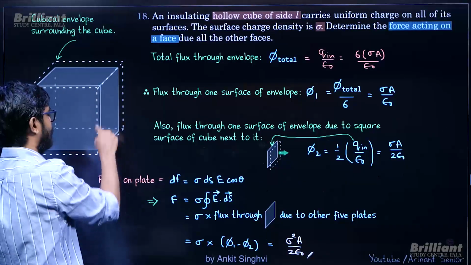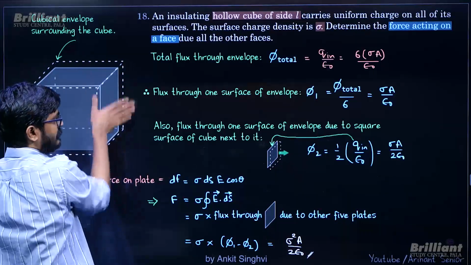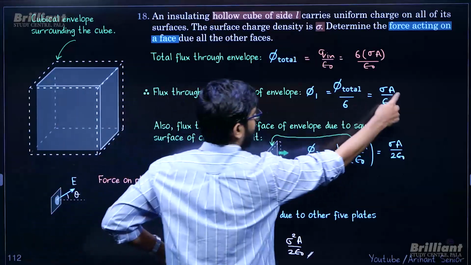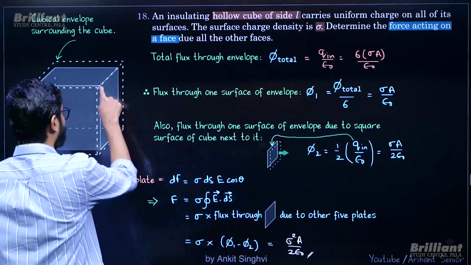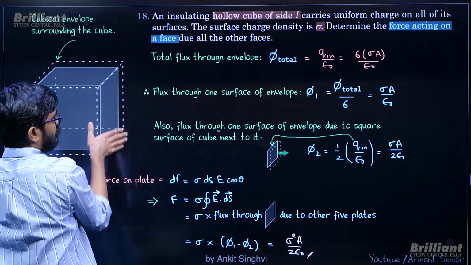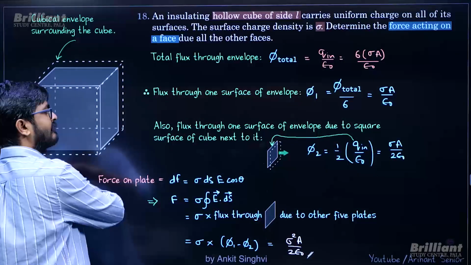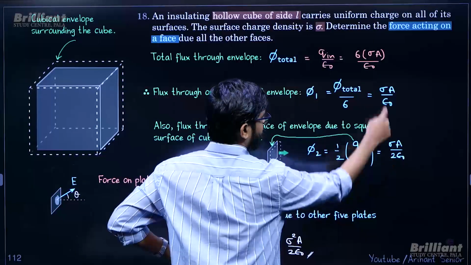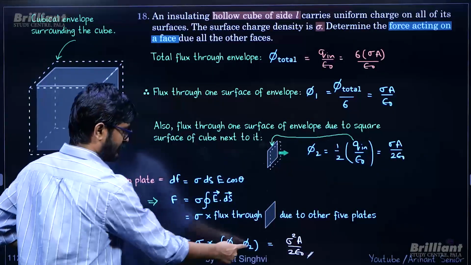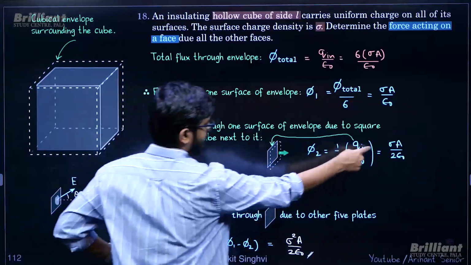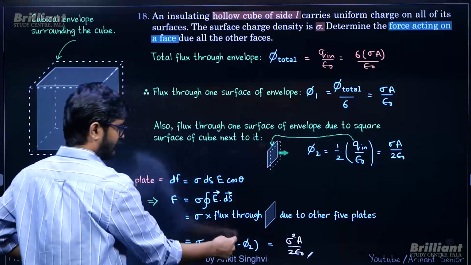Total flux because of the entire cube on this Gaussian phase is sigma A by epsilon naught. Now flux because of only this side of the cube on this Gaussian surface is going to be this much. So what is the flux because of the remaining 5 phases? It is going to be the subtraction of these two, right? Subtraction of those two. So when you substitute that difference, sigma A by 2 epsilon naught, you will be getting